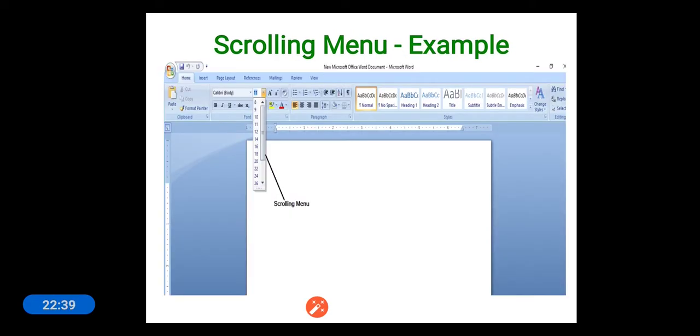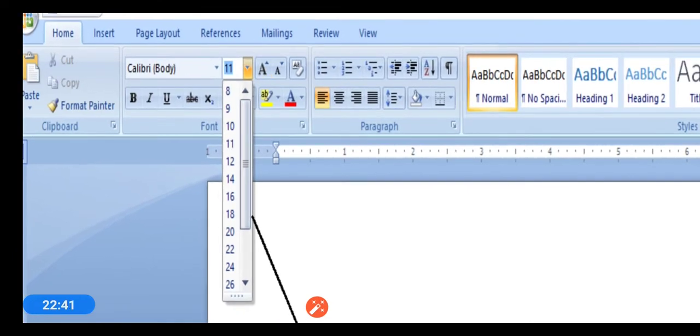So this is a Word file. In a Word file, we have one menu item, that is select font size, or font height. Generally we are provided with a large number of font sizes. It starts from 8 and we can have much higher numbers. All those different font sizes cannot be displayed in a single window.